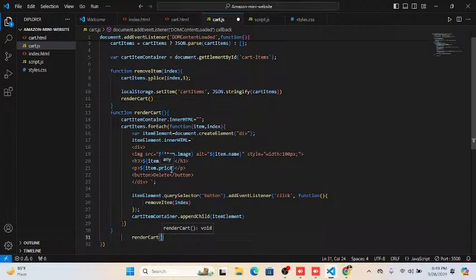So we have an image inside the tag. We have all those things we are mentioning here. And render card is basically used to update the display of card items after an item has been removed. Now we declare a function, also with the name render card, and it will be responsible for rendering the card